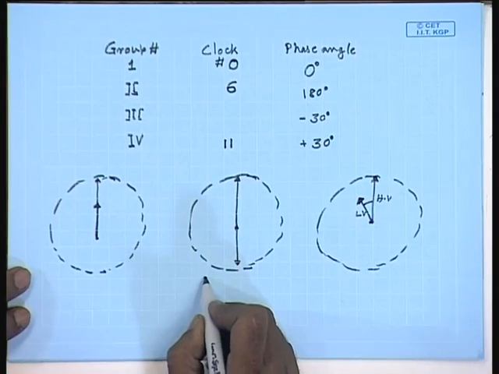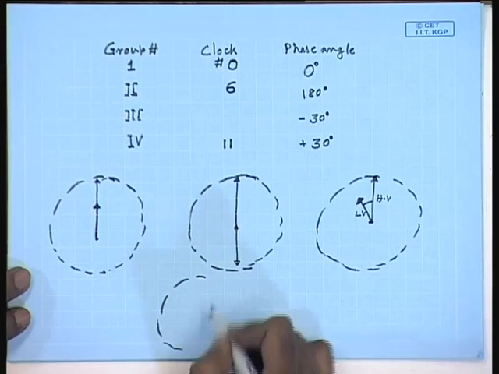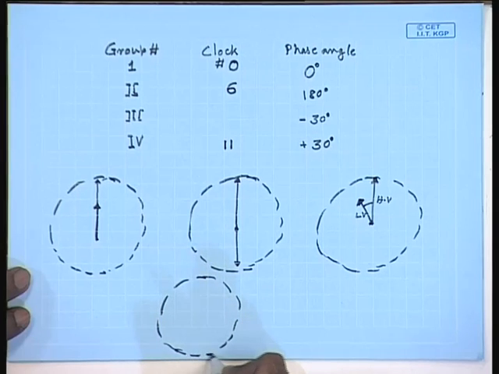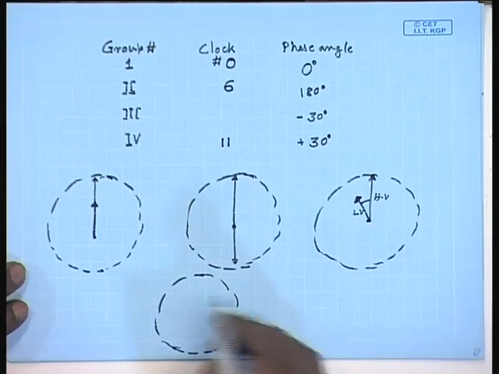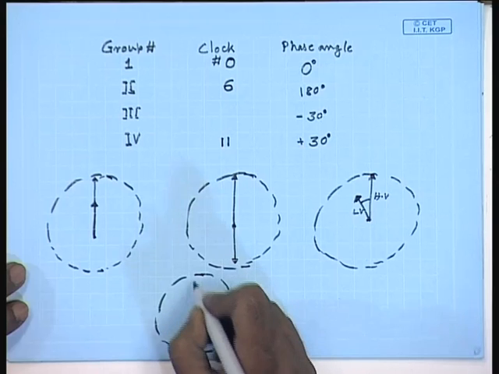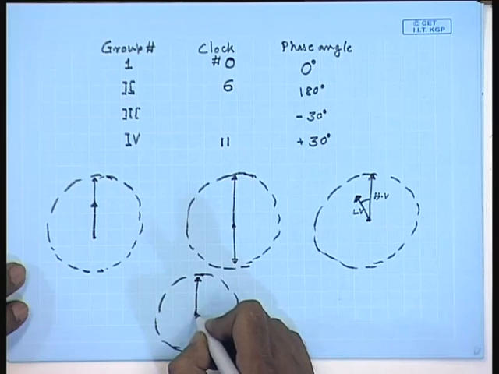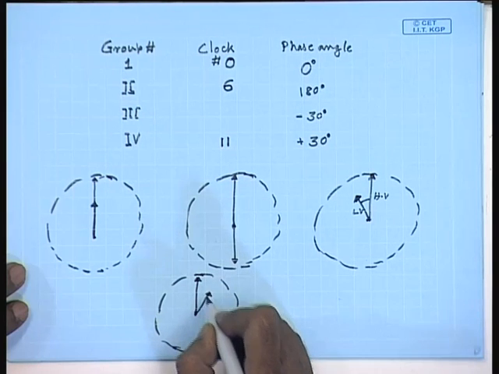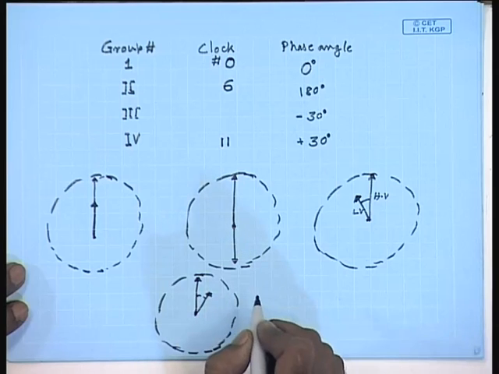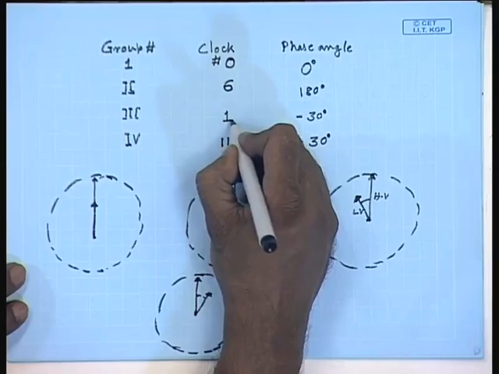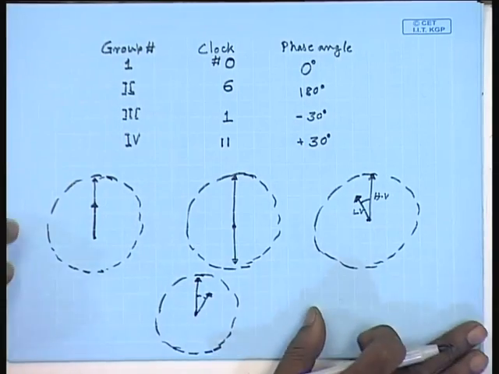Similarly, for minus 30 degree, this is HV line to neutral phasor, this is LV line to neutral phasor, this represents 1 o'clock. Therefore, this clock number is 1. Hence,